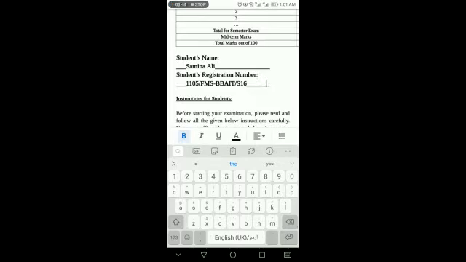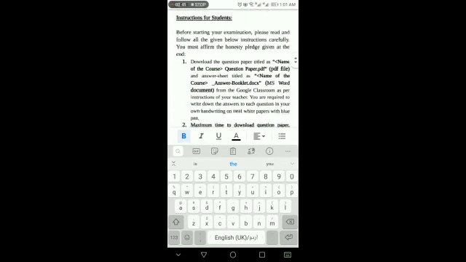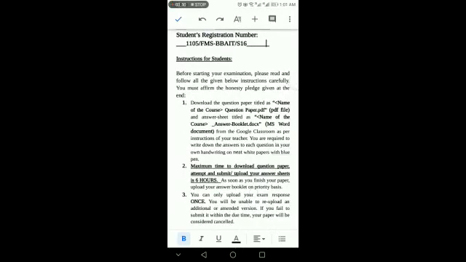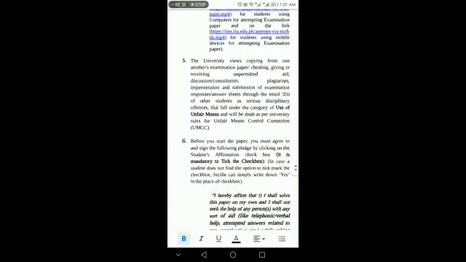Okay, after entering your student name and registration number, you need to go through all these instructions which are for you. Read them carefully and scroll down. Okay, at the bottom there is an honesty pledge, that is to assure that you will not be involved in any unfair means and you will not cheat.